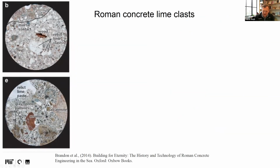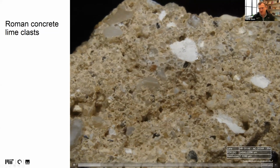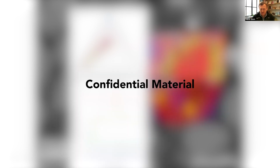And so that led us to analyze a very specific feature of Roman concrete, and this is a ubiquitous feature: these white inclusions called relict lime clasts that you can find in every sample of Roman concrete, and they are meant to be there because of the poor mixing of the lime and volcanic ash sand mix, and they would then stay there without any function. And you see here an optical microscopy of a Roman concrete fracture surface, and you see these inclusions all over the sample. So we, of course, applied our tools to study some of these inclusions, and we came out with these results